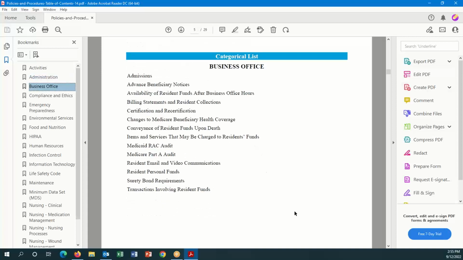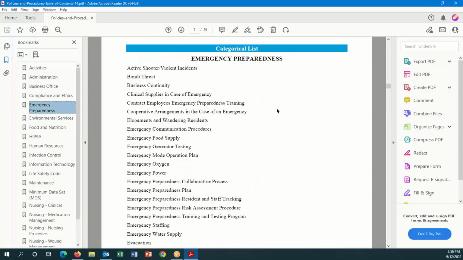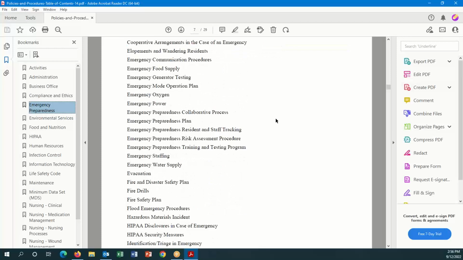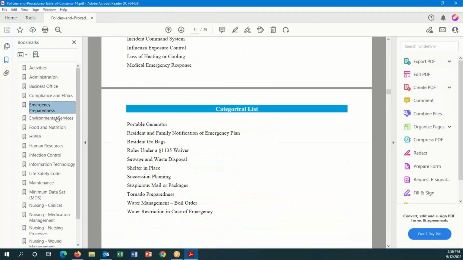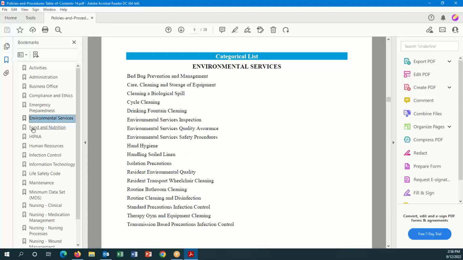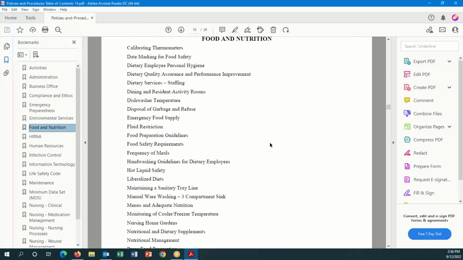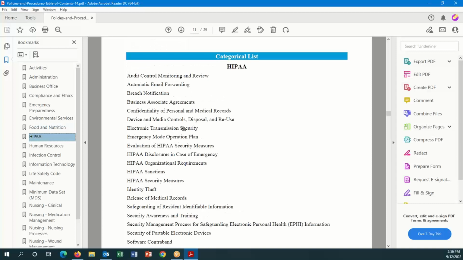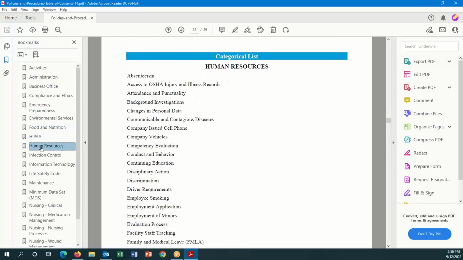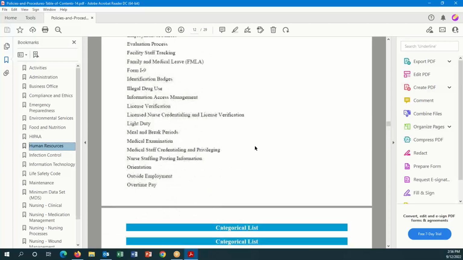We have business office policies. These are going to cover admissions, resident personal funds, compliance and ethics policies, emergency preparedness, environmental services, food and nutrition. So these are going to cover everything from calibrating thermometers to food safety requirement policies, hot liquid safety. You have HIPAA, HR, absenteeism, light duty, illegal drug use,